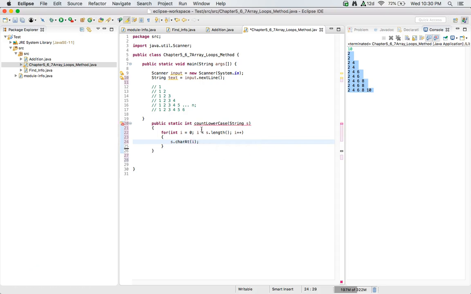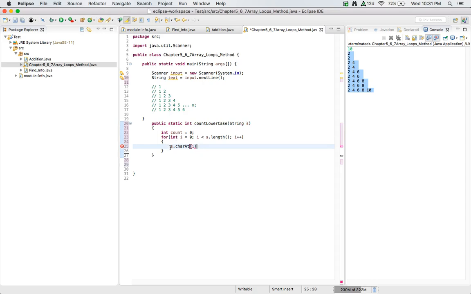So this will check every element of the array, and we are going to need to count. We're going to need to create a variable for count and say int count will start as 0. And let's just count the number of letters to start off in the array. So s.charAt will grab every letter,